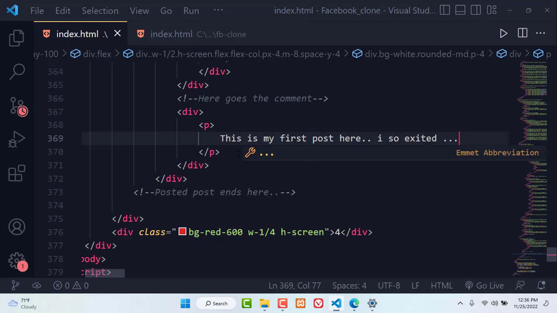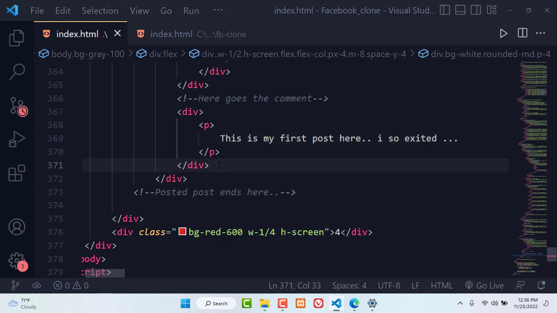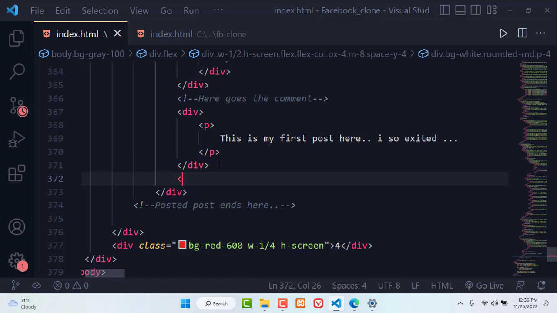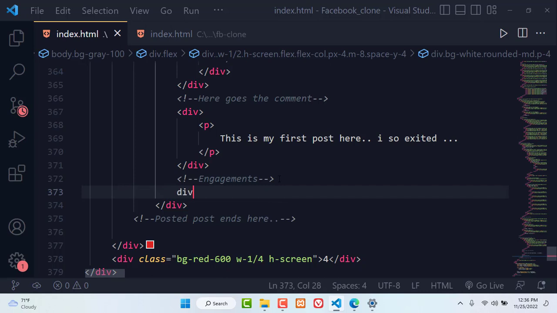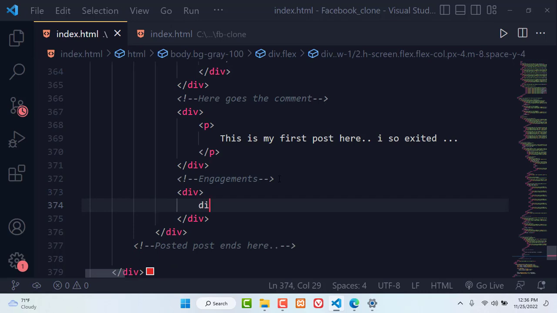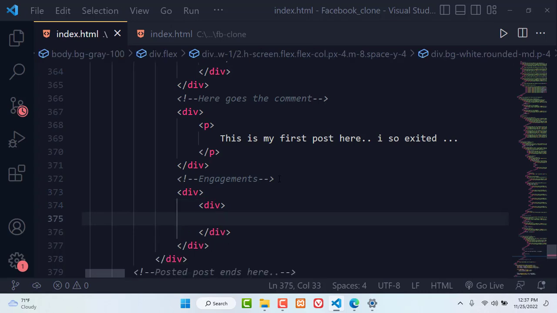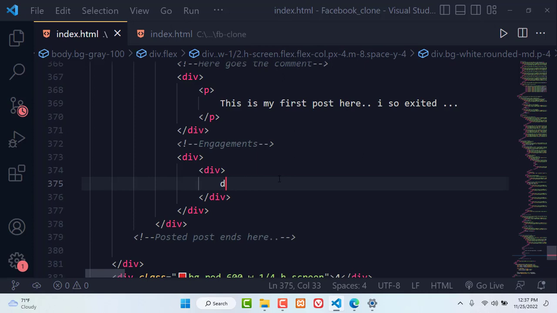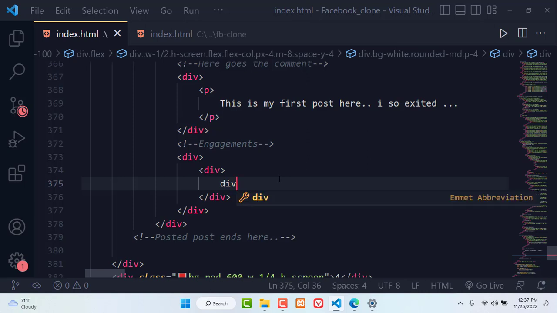And just below that, now we're going to have the engagements. So I'm even going to have a comment again and talk about engagements. And for the engagement, again, we are going to wrap them within another div. And so now between that, we're also going to have yet another div. So the first thing that we need to have is the SVGs. So we're going to have some icons again wrapped within another div. So in fact, I can just talk of SVG,